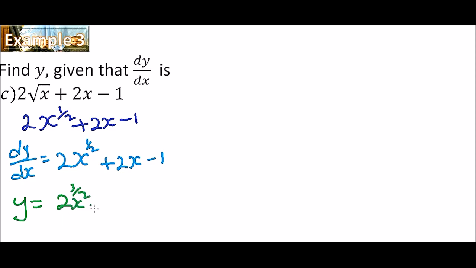That is x divided by 3 over 2. Then we go to plus 2x squared divided by 2, minus 1 will be x raised to power 1 divided by 1. It remains x plus c. So when you simplify this, you will be able to get